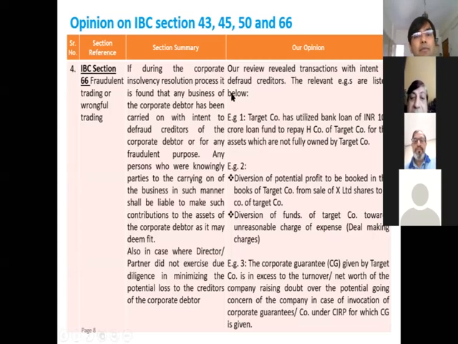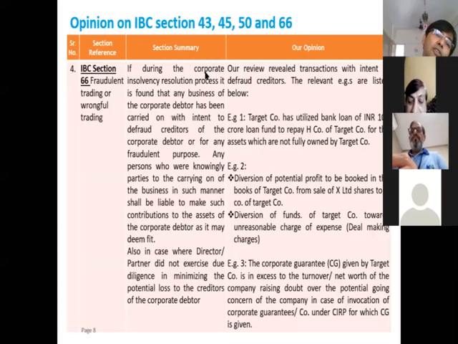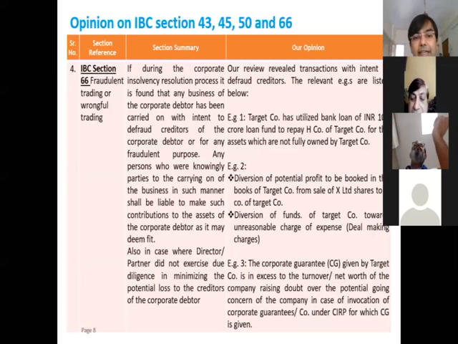So there is one provision over here in section 66 where we say that if the director or the partner doesn't exercise due diligence in minimizing the potential loss of the creditors, because I see, for me, the corporate debtor's creditors, are they at a disadvantage in this particular example? The answer is yes, they are at a disadvantage, even though another debt in the same group is getting replenished. So this is nothing but what was happening at the bank's end: he was covering up one NPA in one group company by giving a fresh loan in another group company, and that group company happens to be a corporate debtor. So we had a lot of heated argument and debate over here that how can you classify